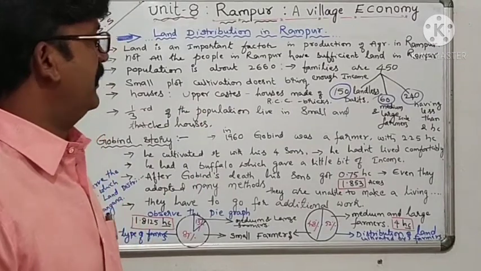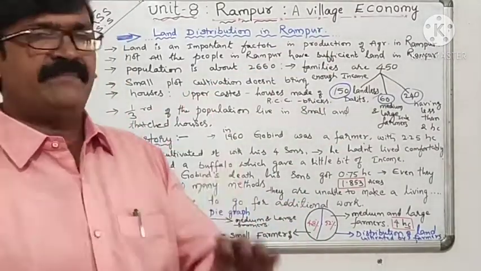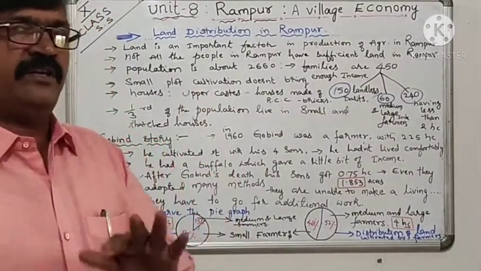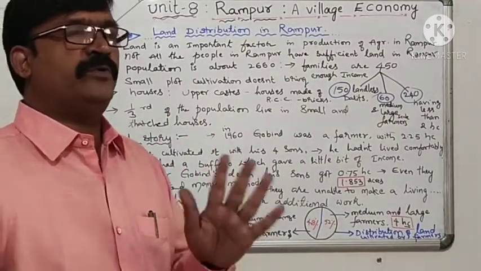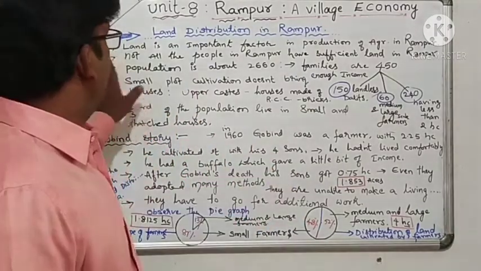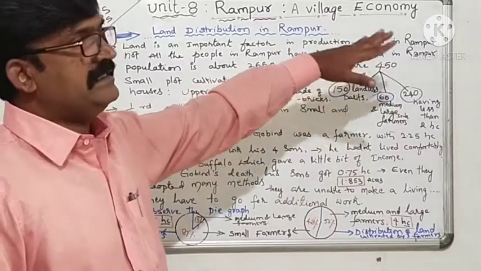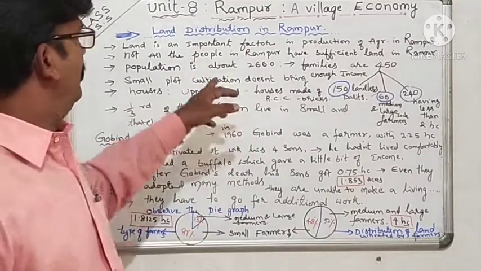As we know, 4 factors. What are they? They are land, labor, capital, and entrepreneurship or enterprise. These 4 factors all together produce something. The same way, land is an important factor in production of agriculture in Rampur. And in Rampur, it has a